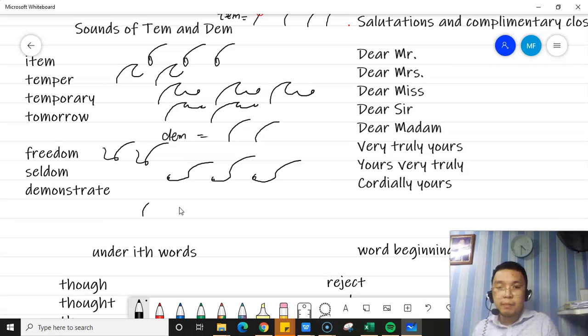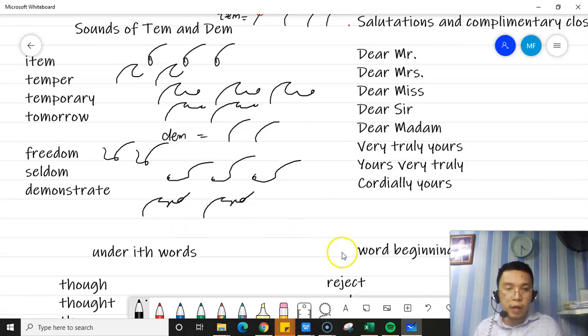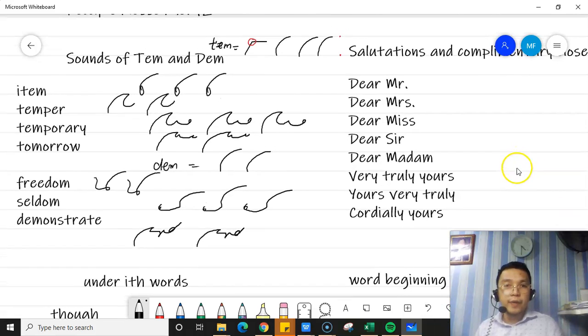Let's have the "demonstrate." So we have the dem, ONSTRAT, demonstrate. Medyo lumaki yung ano ko. It's just like D. Let me correct it, class. Them, ONSTRAT, demonstrate. Are we clear?